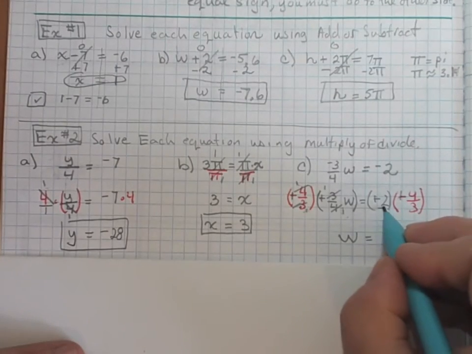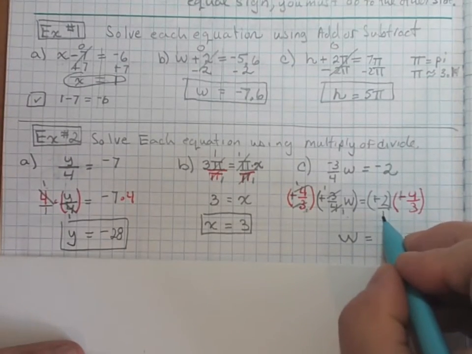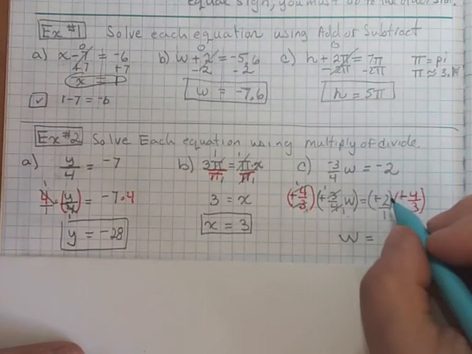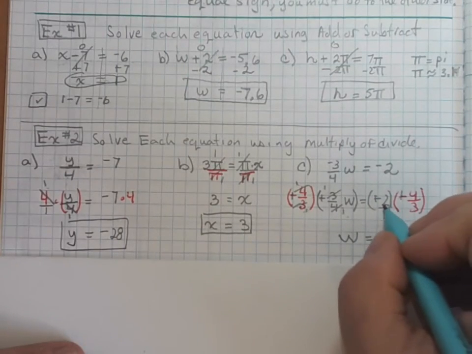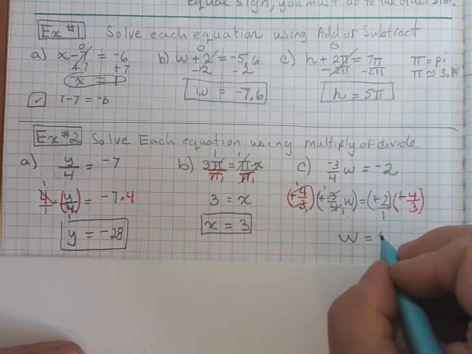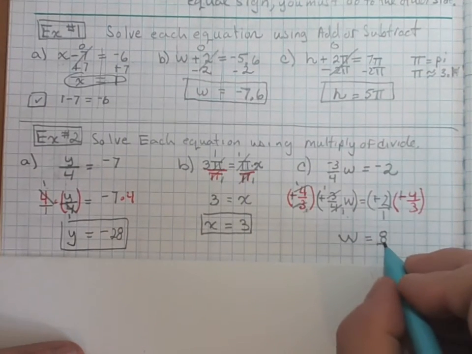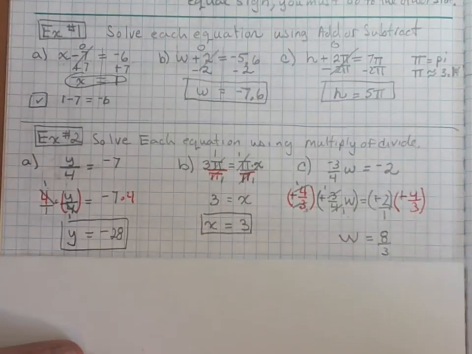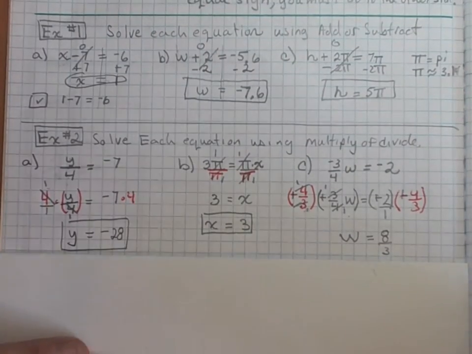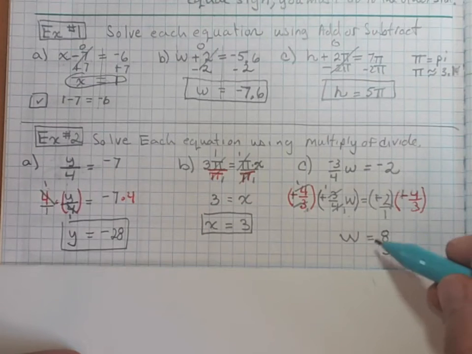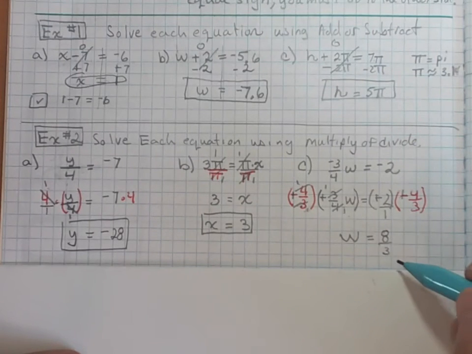And this is really 2 divided by 1. Remember, it's a whole number. You just put it over 1. So I multiply the numerators together. 2 times 4 is 8. And then 1 times 3 in the denominator, so 8/3. It is satisfactory to leave a fraction answer in improper form. That is fine. You can also convert it to mixed form, which means that you do a division and then